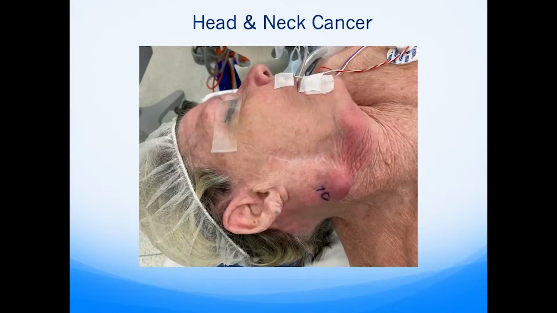This unfortunate next lady is an example of someone who developed a neck mass and ignored it, and then developed a second neck mass and finally came in for evaluation. She's a 73-year-old lady with multiple neck masses of the right neck. You can see there's a visible scar in the skin. She had local skin cancer resection by a dermatologist,